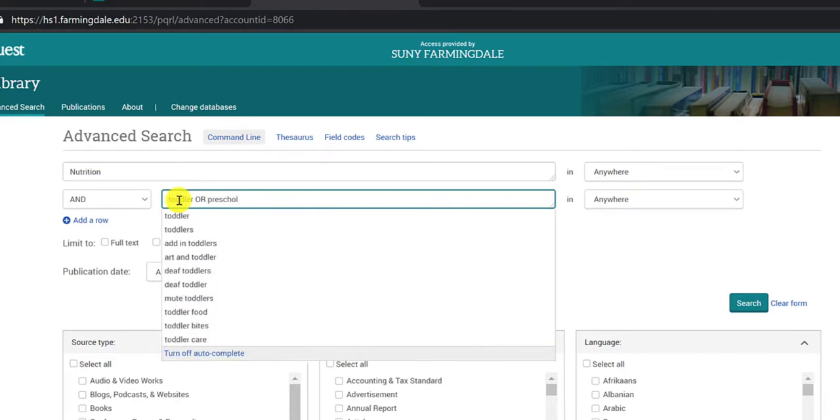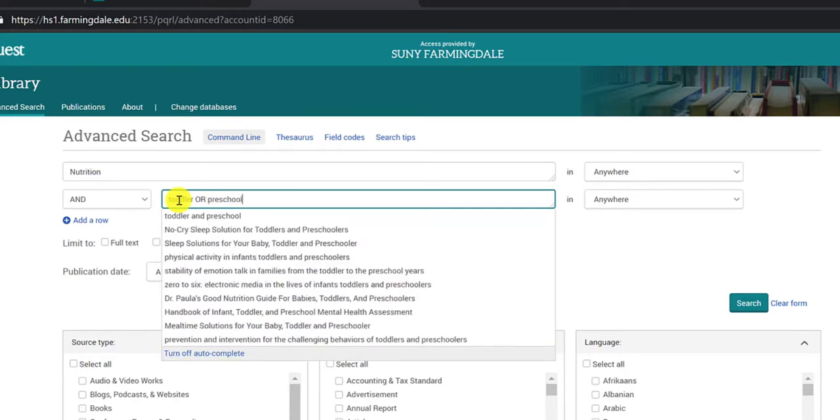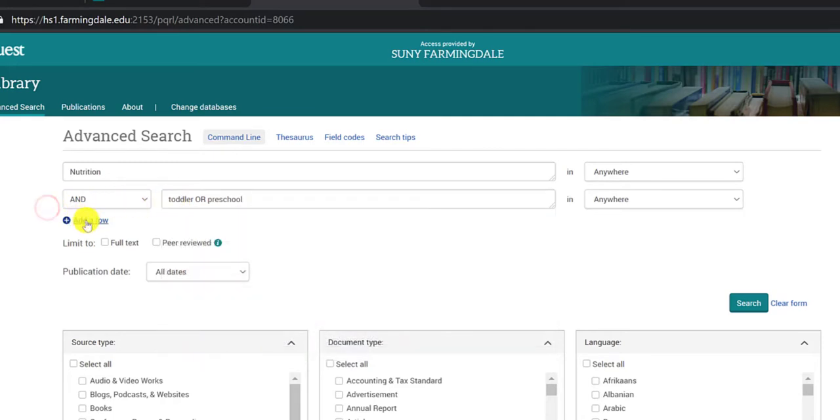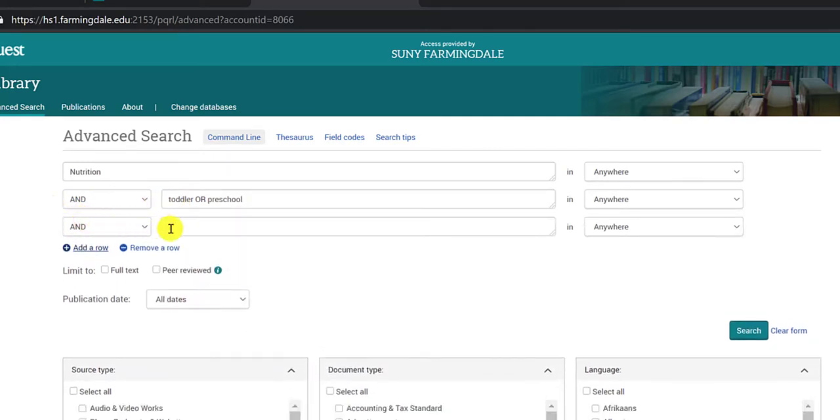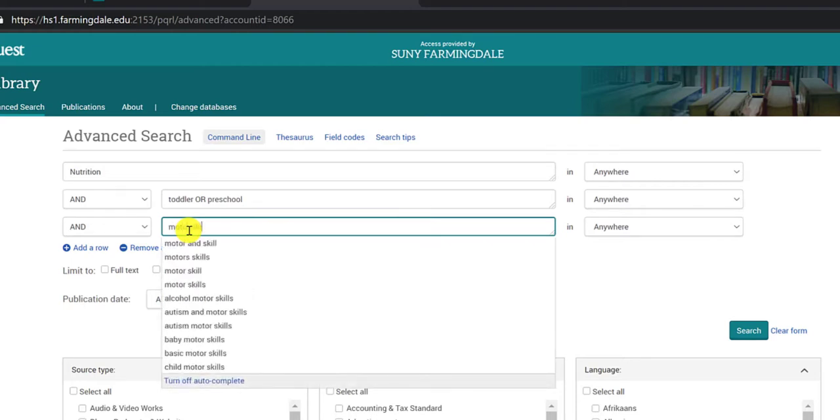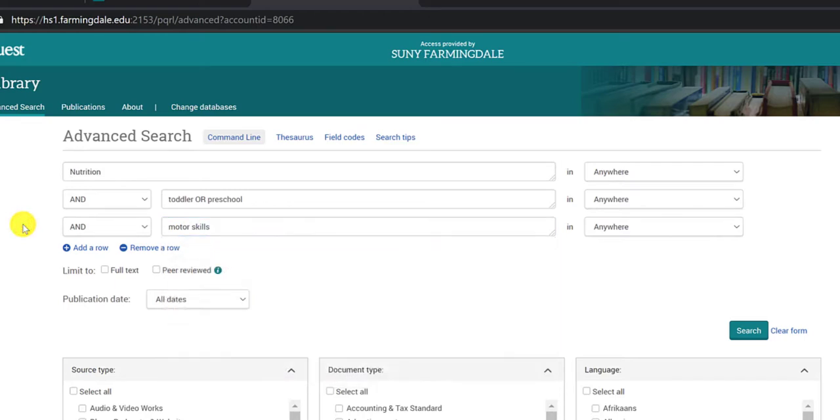You'll notice that I use the term toddler or preschool. Putting "or" between two similar terms tells the database that you'll accept either one of these terms combined with the other terms in your search. This is a bit of an advanced search technique, so you can feel free to try one or the other terms in multiple searches. We'll click search,